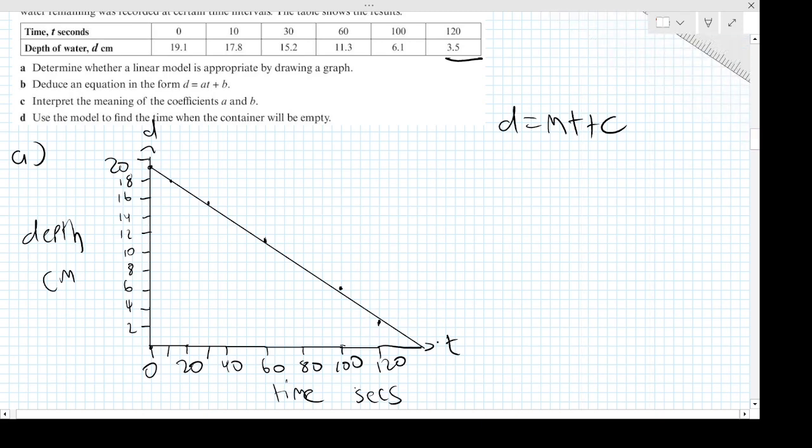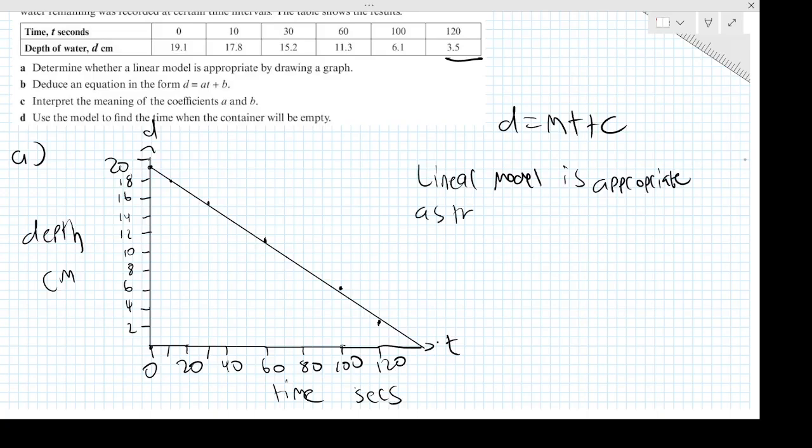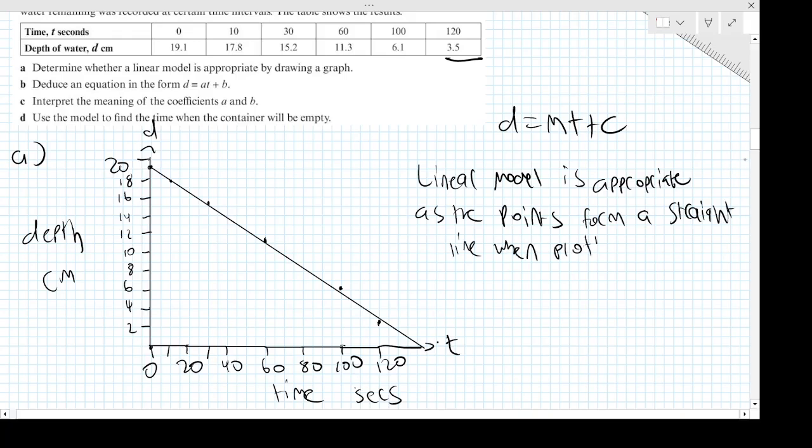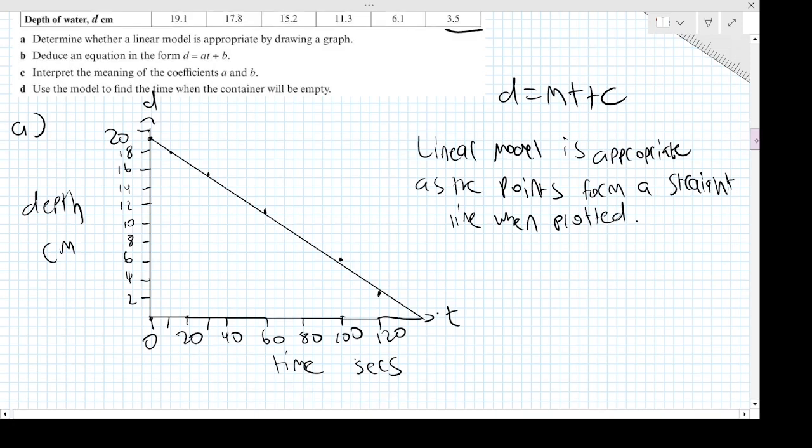Okay, so the answer to that then for part A, is a linear model appropriate? Well, yes, it is, because a linear model is appropriate as the points form a straight line when plotted. Okay, so you have this nice graph here that shows they form a straight line. There we are. Cool. Then part B